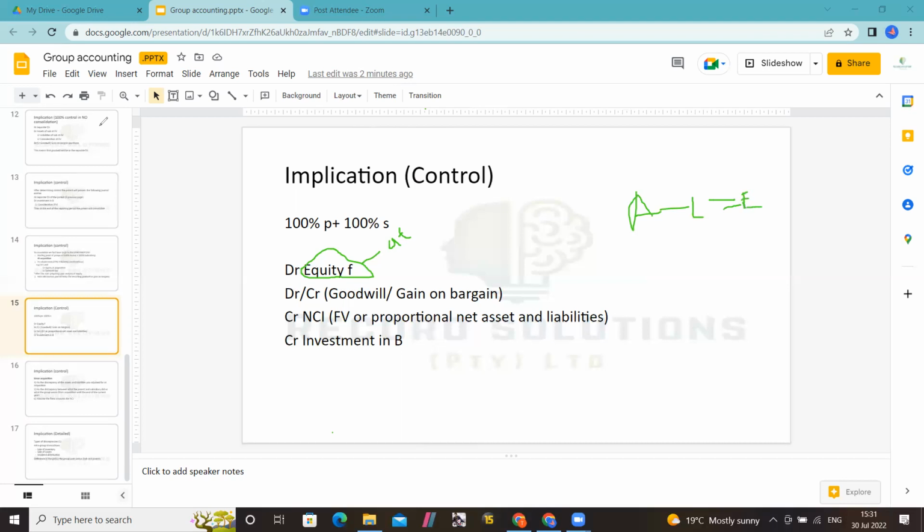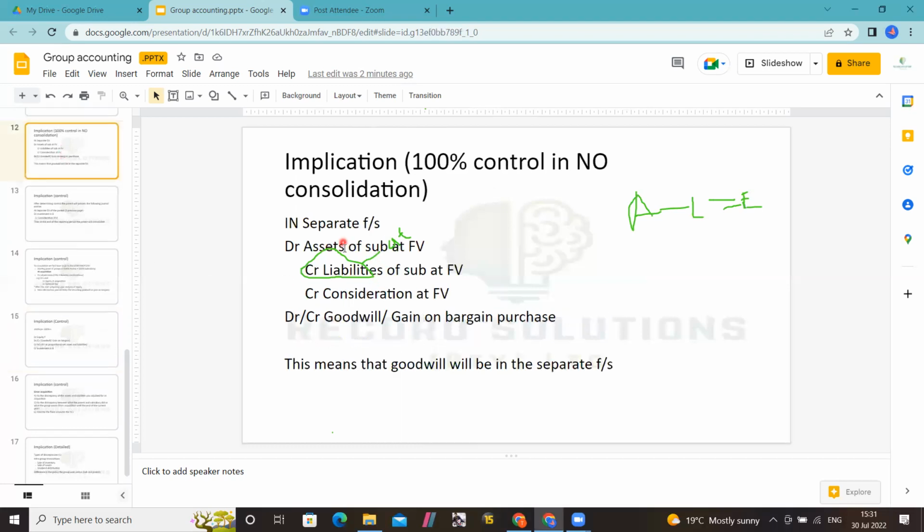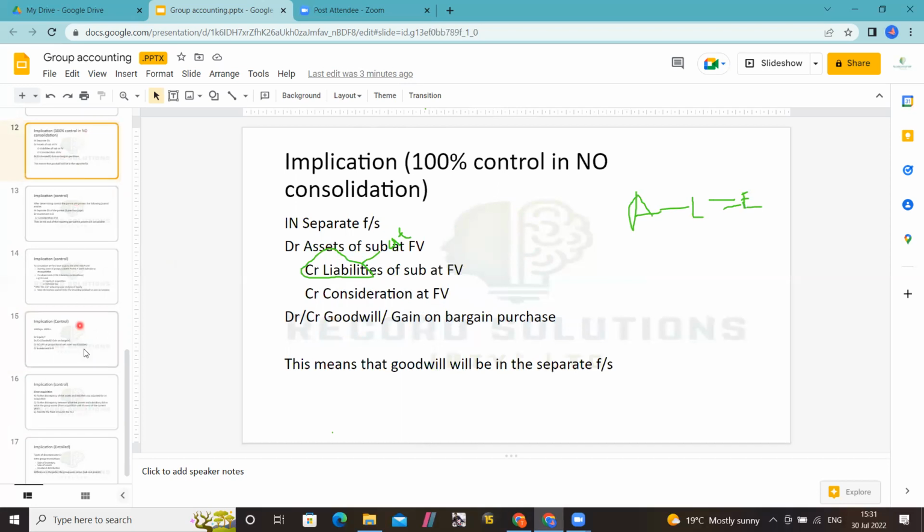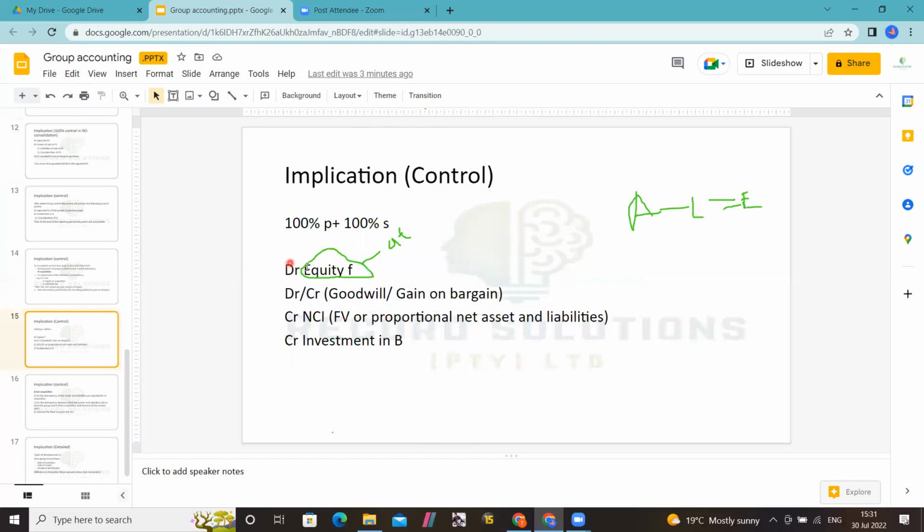And here, you remember I said the assets minus liabilities give us the net identifiable assets and liabilities, which is the value of the business, right? This is the same here as here. Same here, right? So this is the value of the business. But please do not confuse this and this, right? They're not related. I'm just showing you that this thing is actually the value of the business,